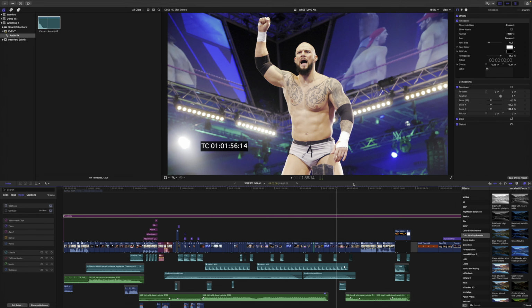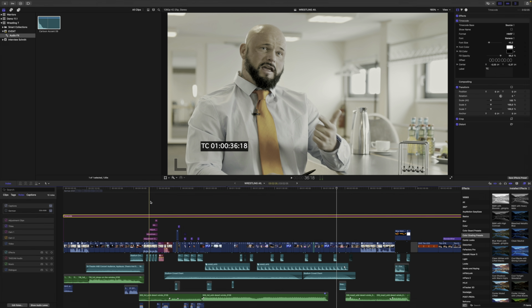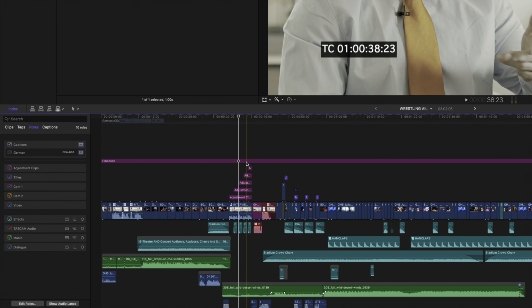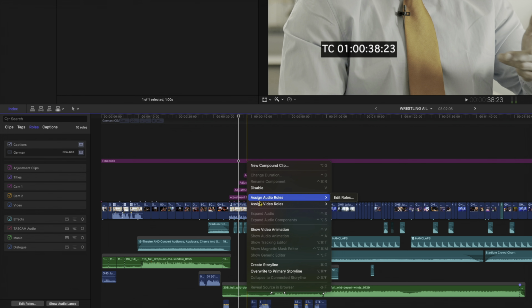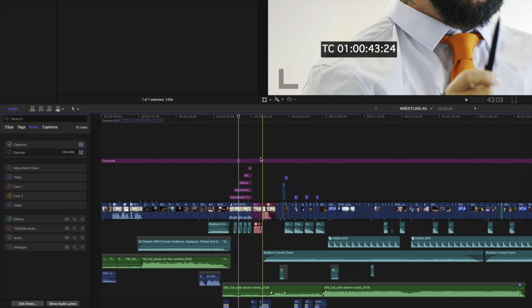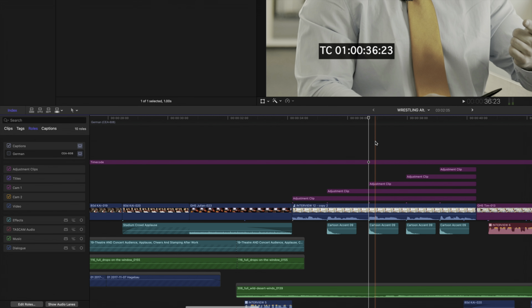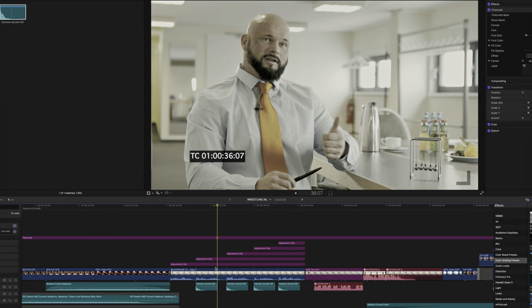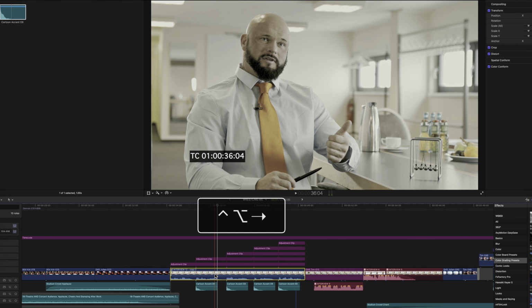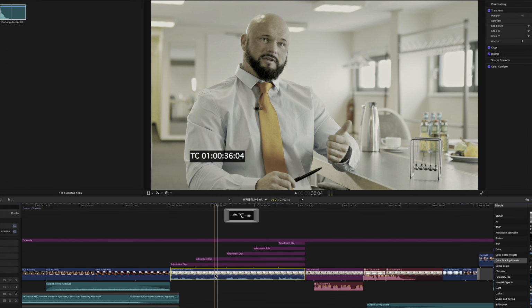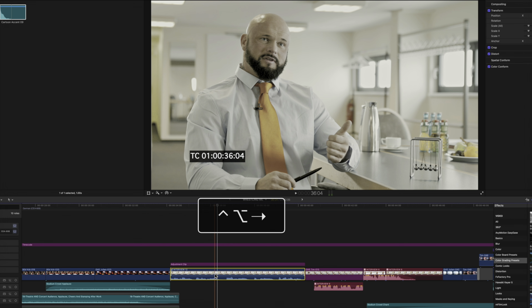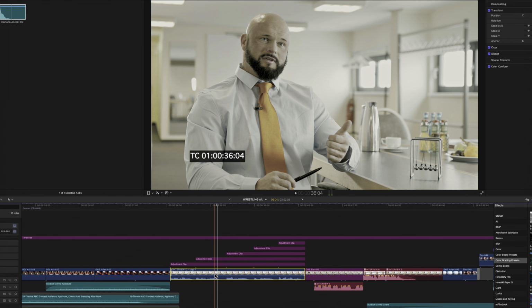And even though the adjustment clip has the right name already, I'll still assign it the timecode subrole for reasons you'll see in just a second. A timecode overlay is something that I would add for a version for my client for frame-accurate feedback, for example. Perfect. Now I can cycle through any and every version that I have come up with the Control, Option, and the left and right arrows to literally audition which version I or my client like the best. The timecode adjustment clip never goes away because it is not connected to my audition.